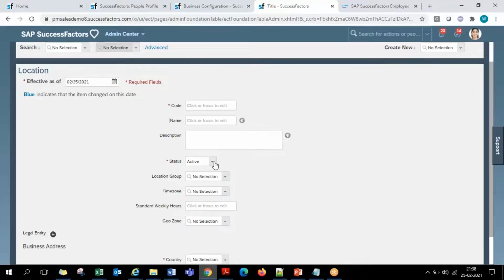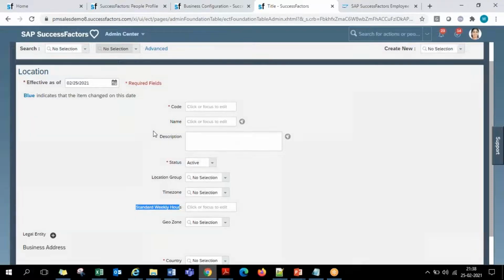Then the status: is this location currently active, or are you no longer operating business in this location, in which case we mark it as inactive. A new location can be created as active. There is also the time zone of the location and the weekly working hours, meaning how many hours employees average working in that location. Like this, we have different fields on the screen that we fill in, guys. By filling in all these screen fields, we can have a new location created in the system.